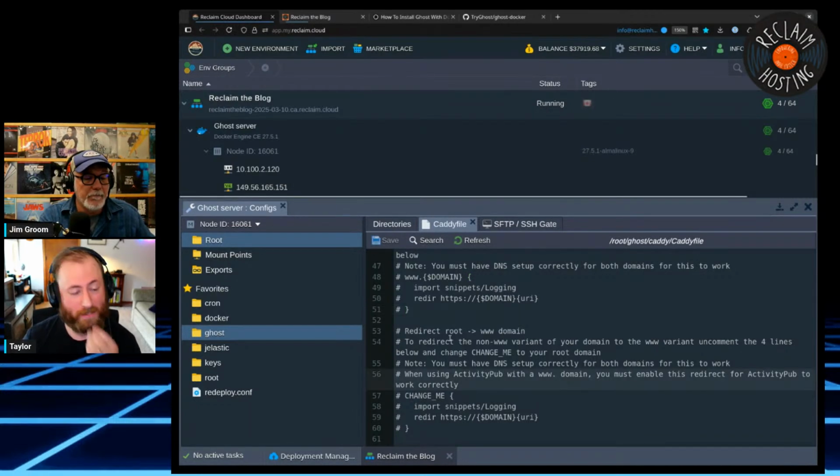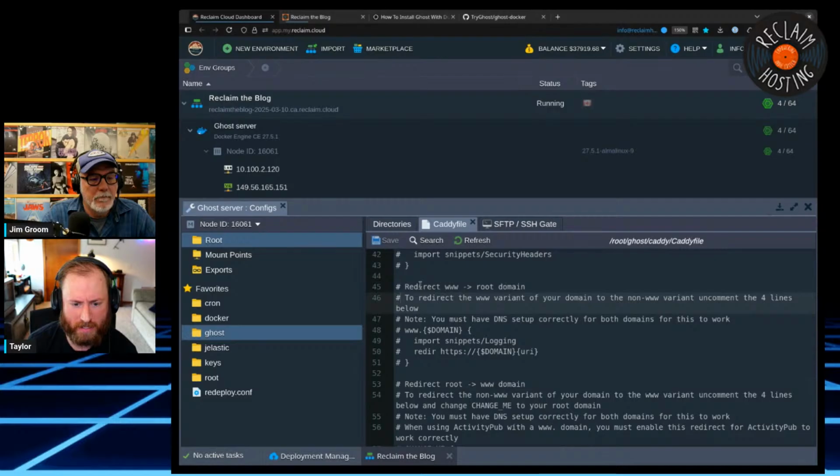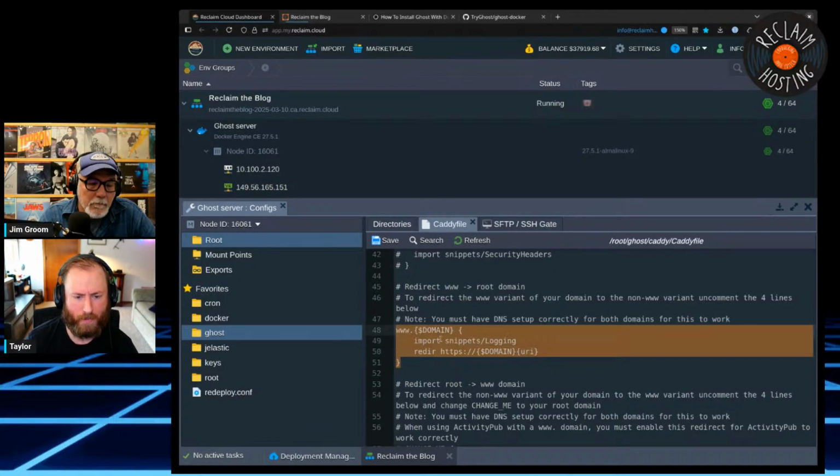That's right. That's cool. So then I will enable this. We're going to redirect www to root. Now this is not technically mandatory. If you don't want that to happen, you can just not do this. So I'm going to uncomment that section right here.